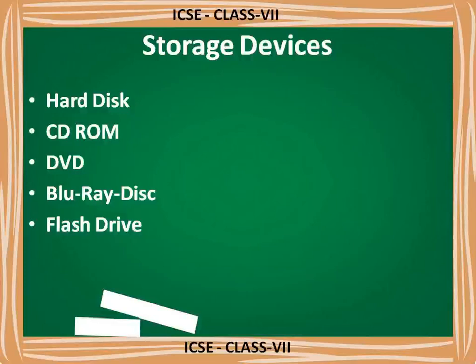Another name for this flash drive is thumb drive also. It is a small and portable flash memory data storage device, mainly used to transfer all types of data, meaning audio, video, or any other types of files can be stored and we can carry it. And it is removable and rewritable. We can remove that drive from the system, and whenever we want to rewrite, we can rewrite the data in that pen drive.